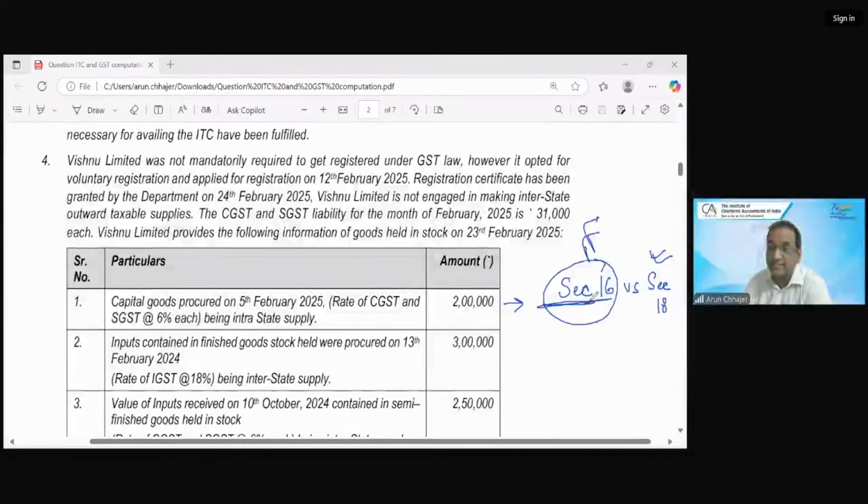In this example, ITC in case of the special circumstances is given in Section 18, and because of Section 18 you are entitled to take ITC. ठीक है, now